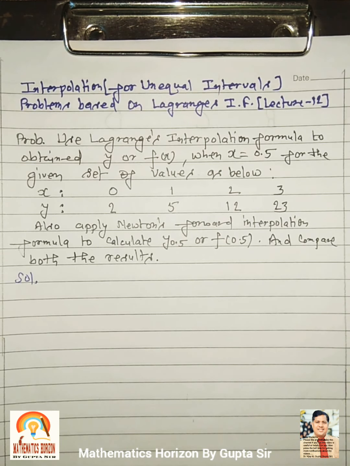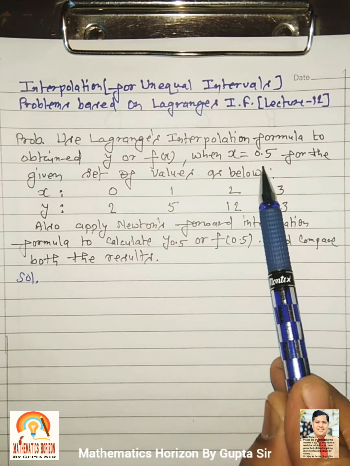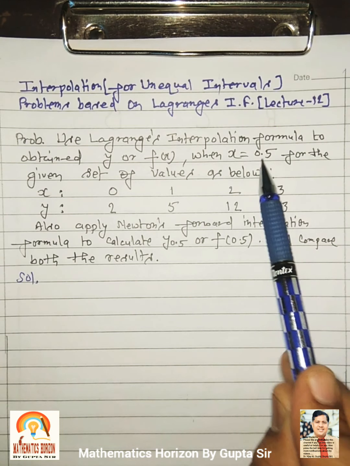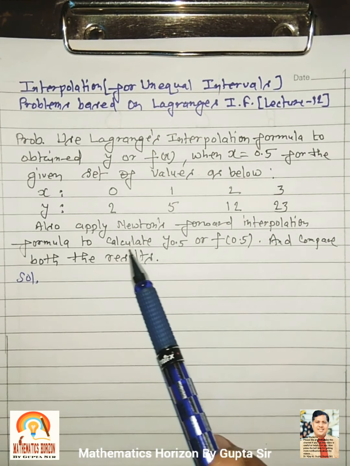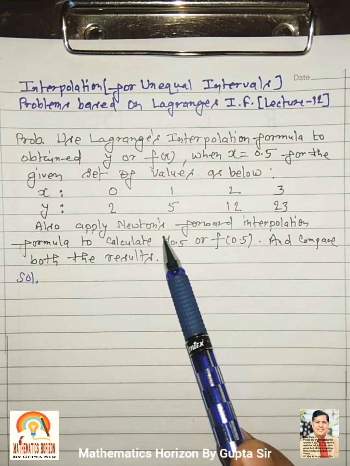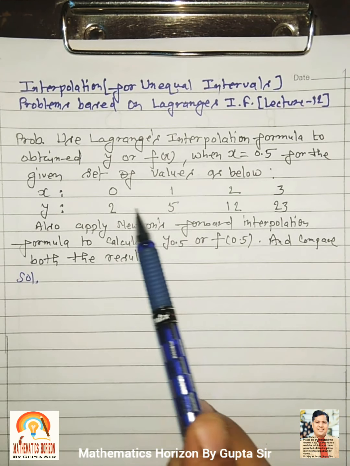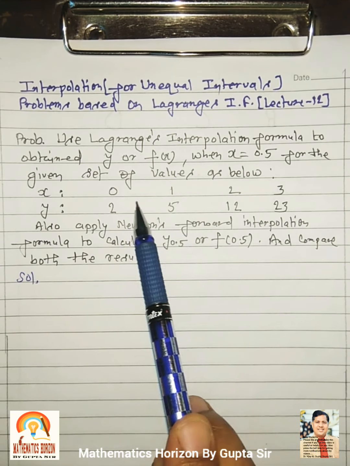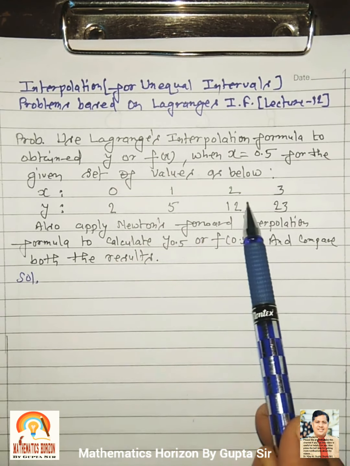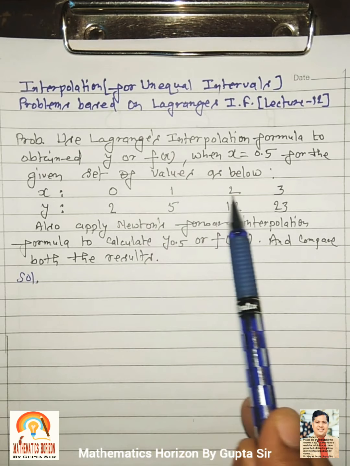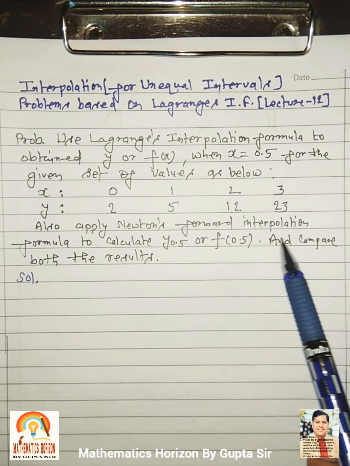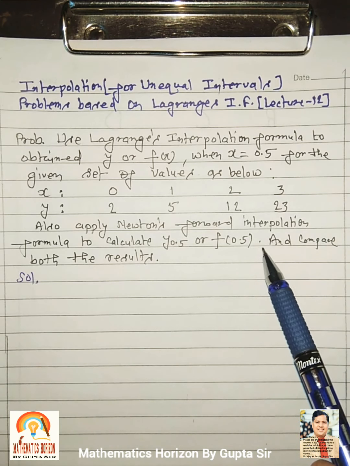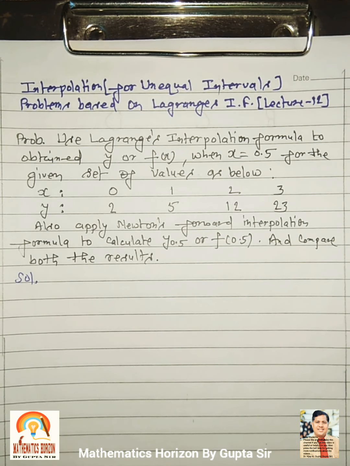Now we have to find out the value of y when x equals 0.5 by using Lagrange's interpolation formula, and also we have to apply Newton's, because the given values of the independent variable are in equal interval. That's why we can also apply Newton's forward interpolation formula, and next we have to compare both the results. Okay,